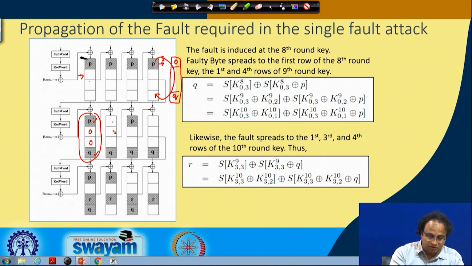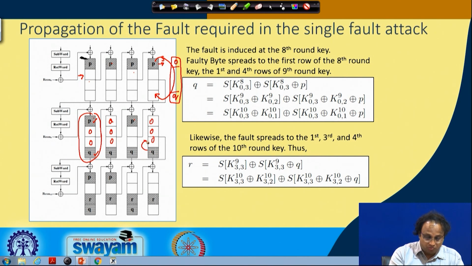Likewise, when you XOR this with this one, this P and this P will get cancelled out. So this will be 0 here, and 0 and 0. And then when you XOR this with this, you will again get P and Q. So this will repeat, and therefore you will again get 0 0 Q here. Now when you carry this on in a similar fashion,